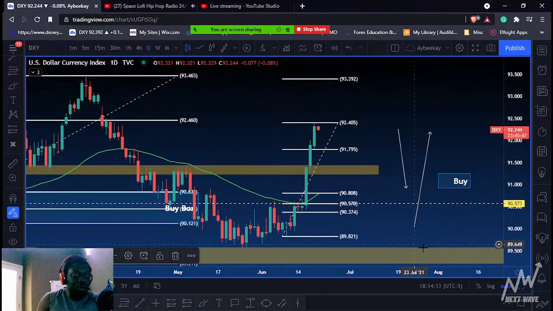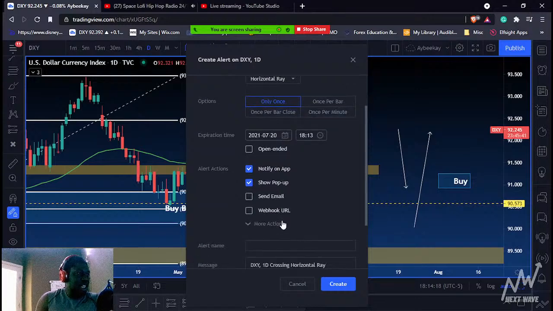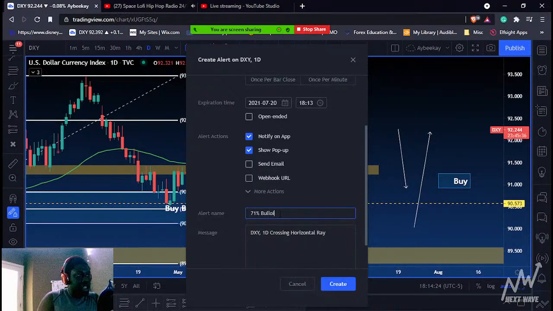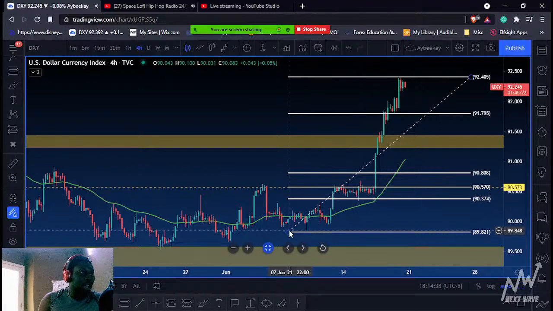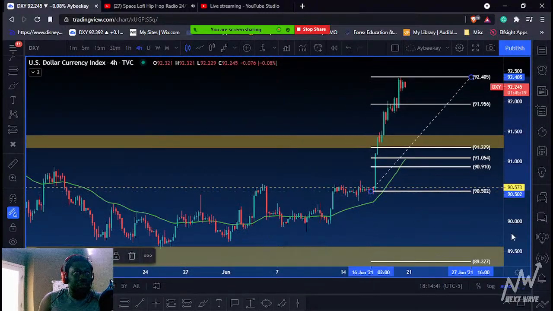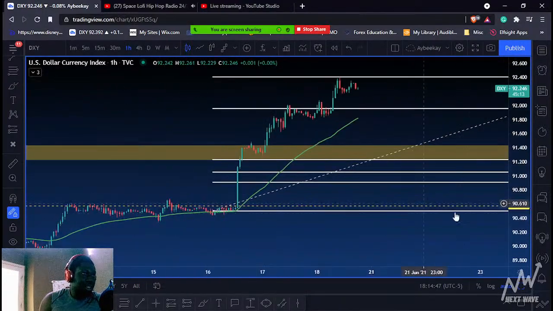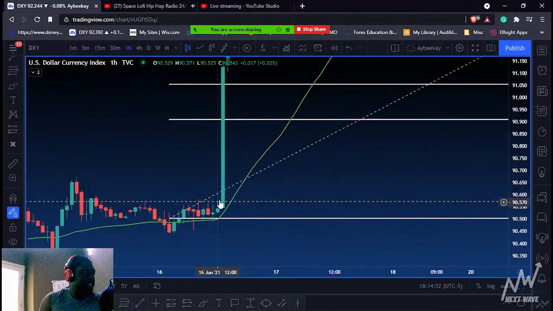This line right here, I'm gonna move it to 90.573, and I'm gonna give it an alert at the 71% daily bull. Yeah, there you go. I'm going to create that because I'm going to be watching for price to get down there. But what I would really want to see rather is for price to just do this retracement. If you go into the 1 hour time frame, or lower, where you really see price take off right here,